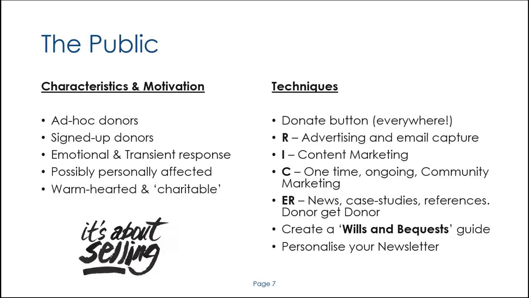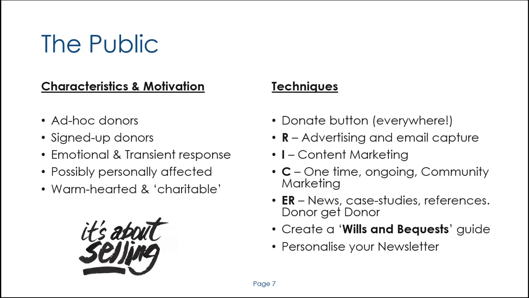And then if you look at the 4 different steps of the RISA model: reach, interact, connect, engage and retain, there are techniques we can use which I've gone through previously, but we'll look at them here, particularly in the area of fundraising. The first step is reach, and if you remember, that's all about advertising and making the first connection with your target stakeholder, in this case members of the public.